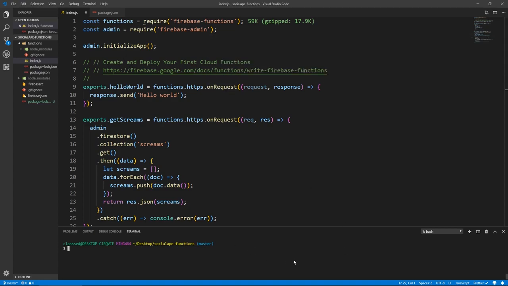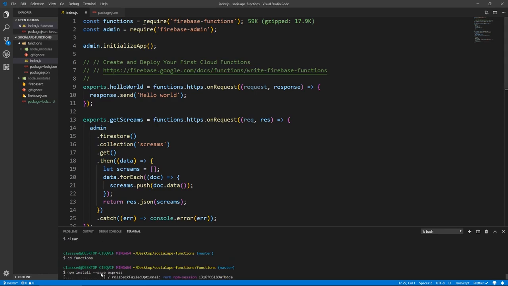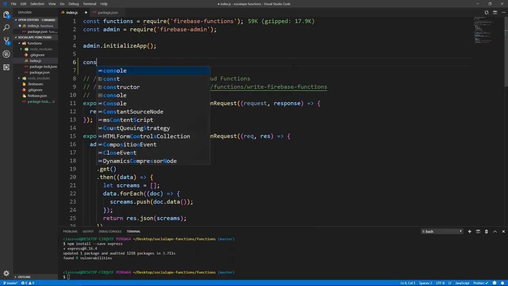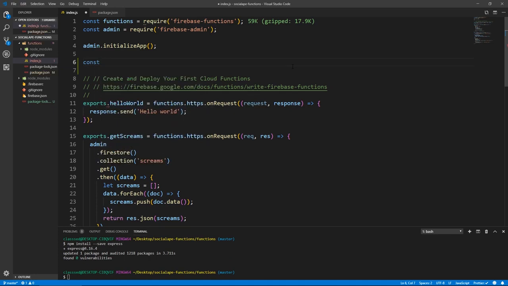Let's go to the console and make sure that we are in the functions folder, so cd functions, and run npm install --save express. And once it's installed, we can actually start bringing it in, and yeah, it's installed. Let's do const express equals require express,